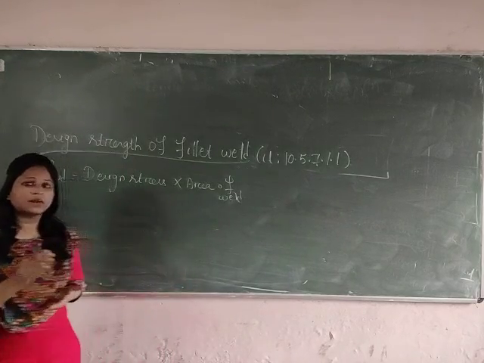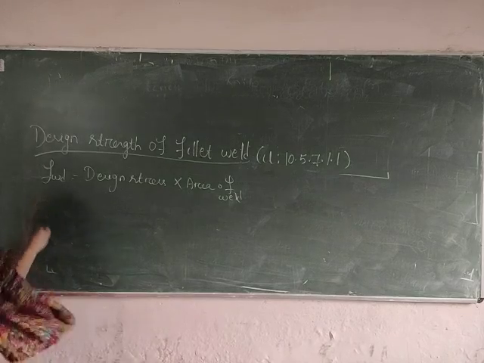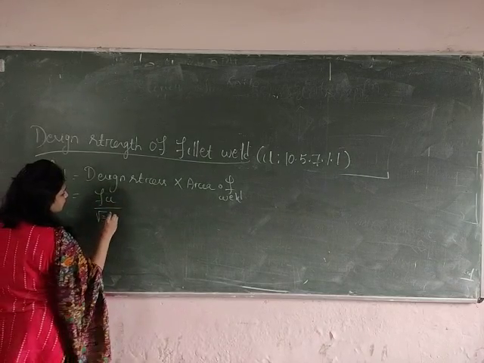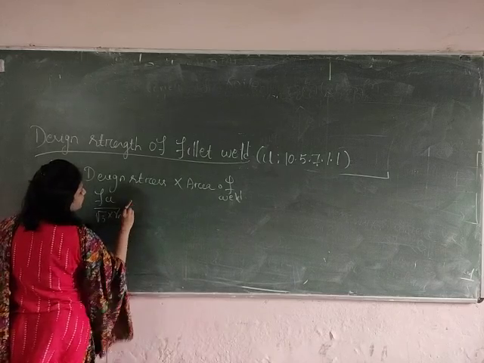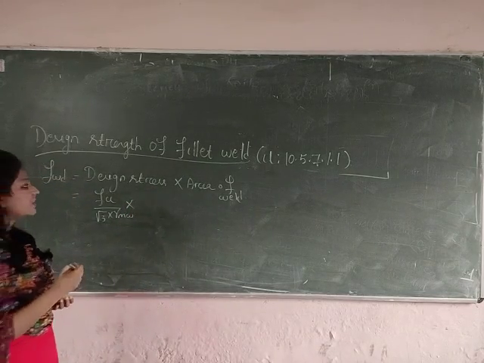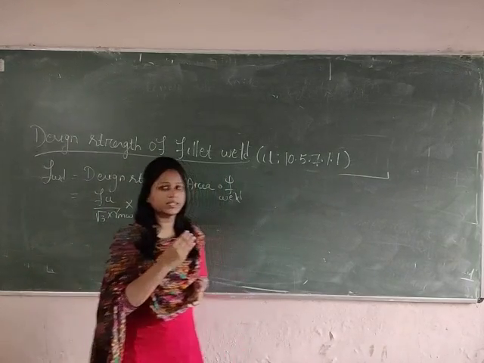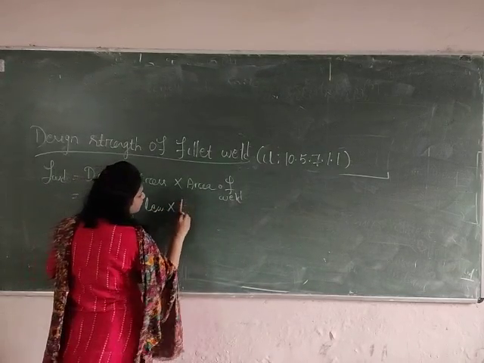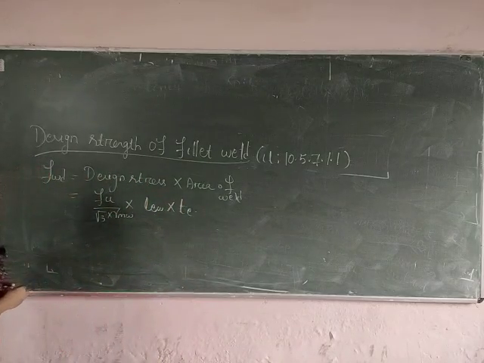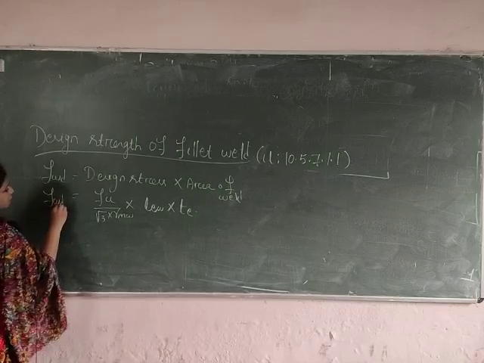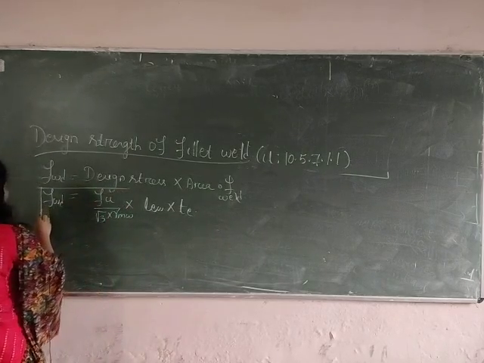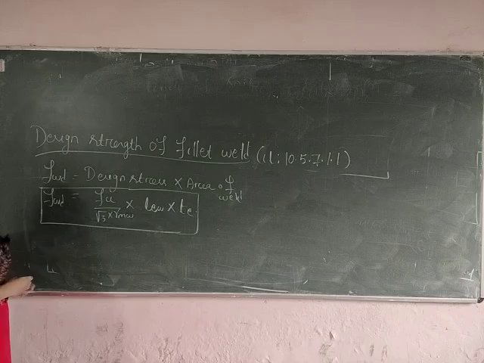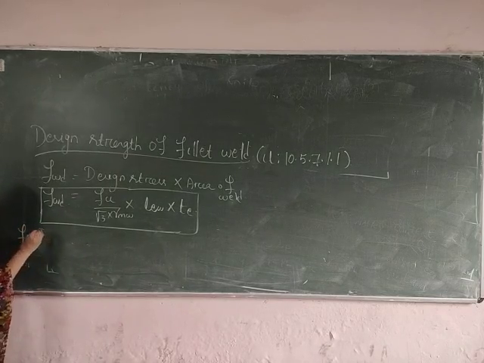So the load is calculated as stress into area. Here the design stress is Fu divided by √3 into gamma mw, into area of weld. The area of weld is the multiplication of effective length of weld into effective throat thickness. So this is the formula to calculate the design strength of fillet weld. Here Fu is the ultimate